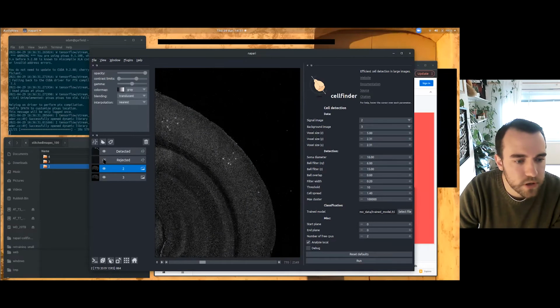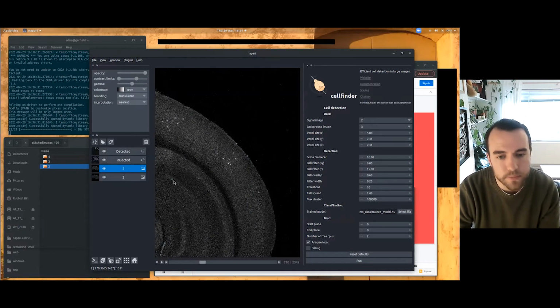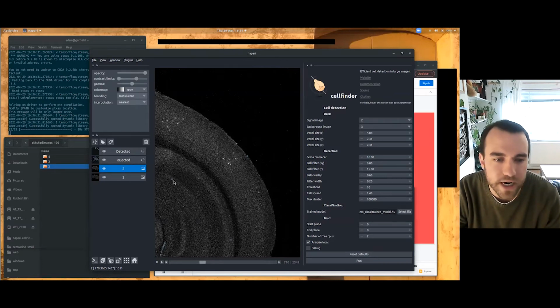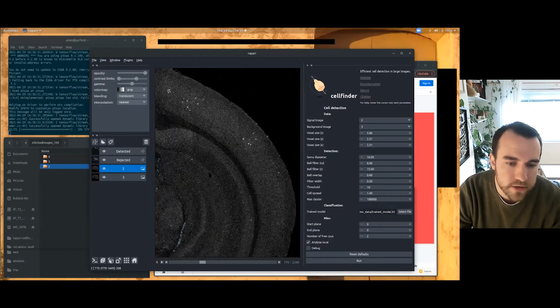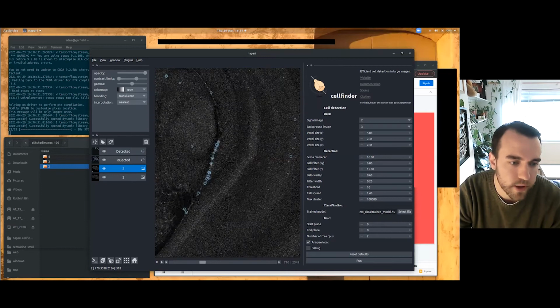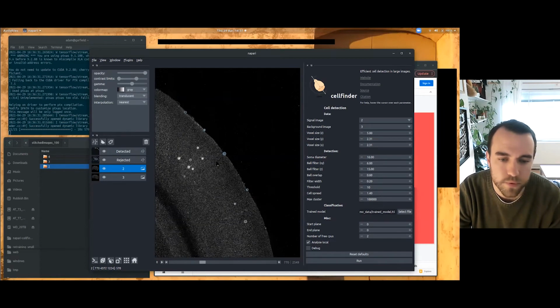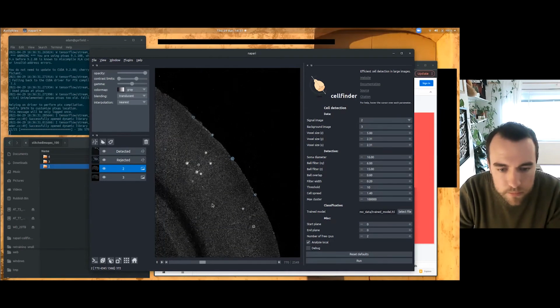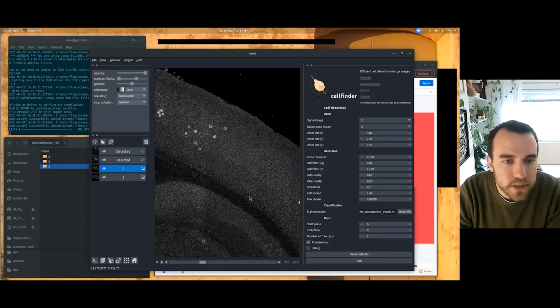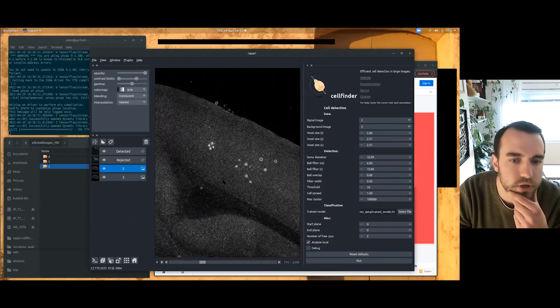And if we show the rejected points layer, so these are cell-like objects that were picked up by the first step, but have been rejected by the network. And you can see there's lots of bright spots throughout the brain that are not cells which have been initially detected, but then rejected, and lots on the surface of the brain as well. Everything looks fine, but there's usually some mistakes. So the next thing to do is to curate these results.